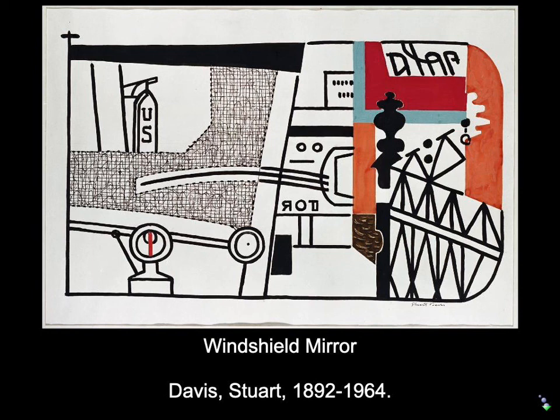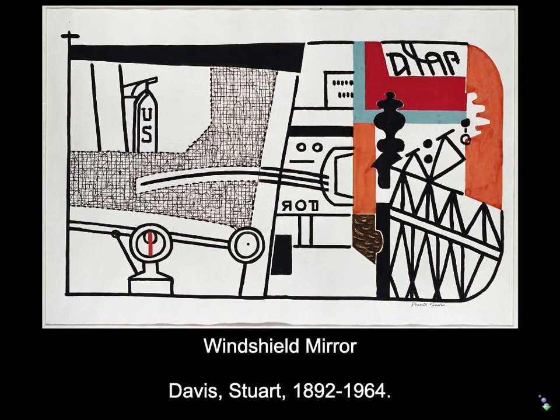Now, after that year-long experiment, he goes back to painting all kinds of things, but we can see the fruit of his careful thinking happening. So here, for example, Windshield Mirror. It's a genius kind of work, I think. He's very interested in this general abstract structure, and you look at it and it feels quite cubist. But he's also very interested in grounding us in the experience of actual daily street life. So what you're actually looking at here relates to an automobile. This, Davis says, is part of the vantage point in modern society through which we see the world, and that interests him. And if you think about it, he's right.